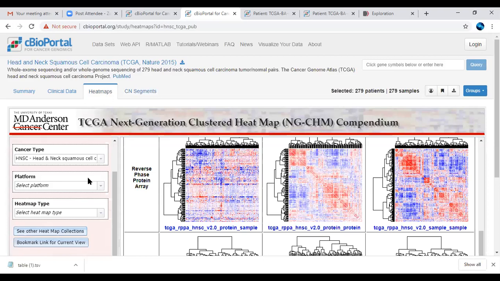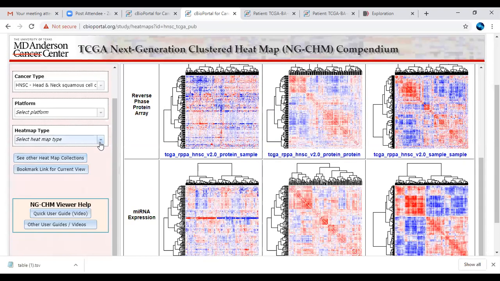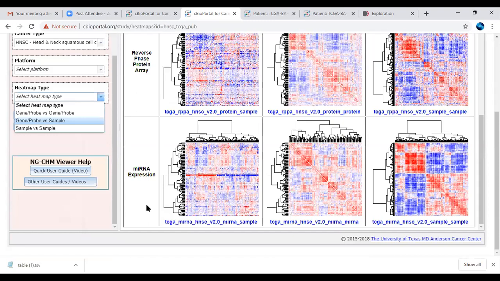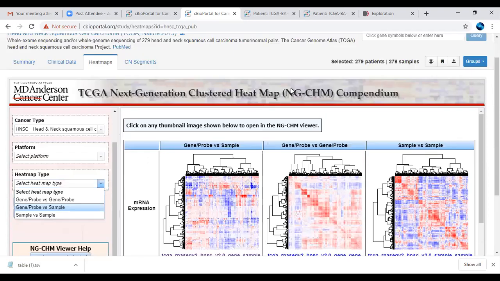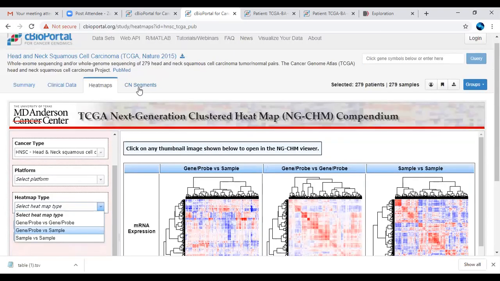Here you can see they have used only 3 data sets: reverse phase protein array, miRNA expression data, and mRNA data. So these scores are available. You will get the scores in this further demo. I will show you those scores. Okay.